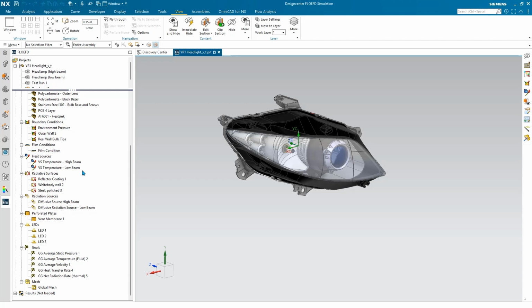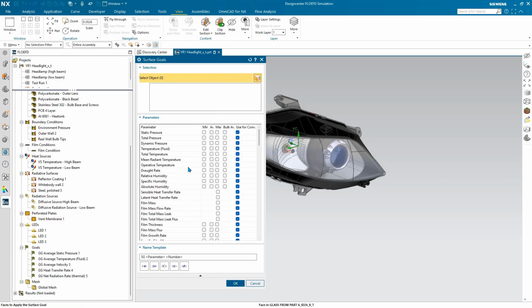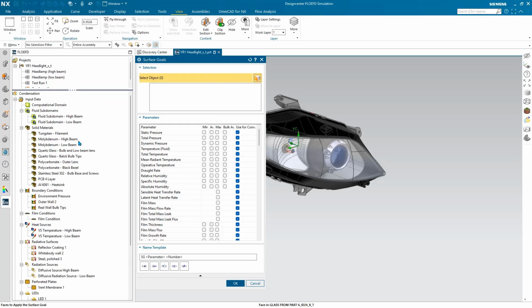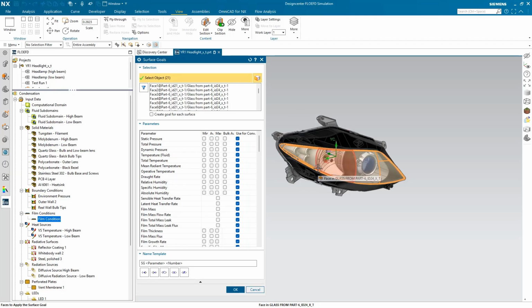Now, since we are more focused on condensation, we'll have more goals defined for the inner lens face. So let's go to goals here and say surface goals. So for surface goals here, I can start by specifying the existing inner lens, which is using this film condition. So it automatically selects the inner lens and I don't have to do anything else there. Then some things that I'm interested in is film mass, then the lens film,